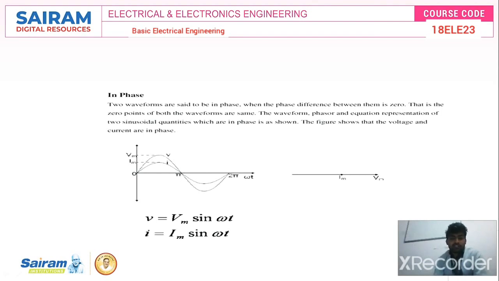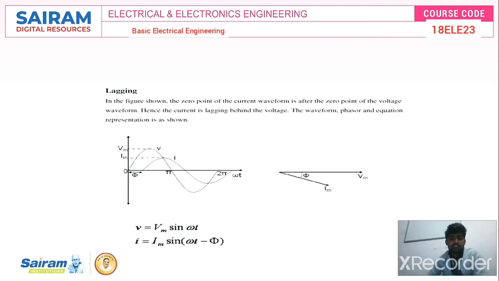That is in phase. And lagging phase, the current lags the voltage at an angle phi, or current lags the voltage at an angle 90 degrees for a pure inductor, and if it is a pure capacitor, that is leading phase. See here, the phase difference phi is here, and V and I are here, and pi, 2 pi. See, current lags the voltage at angle phi. The equation becomes V is equal to Vm sin omega t, I is equal to Im sin omega t minus phi. Current lags the voltage at an angle phi.